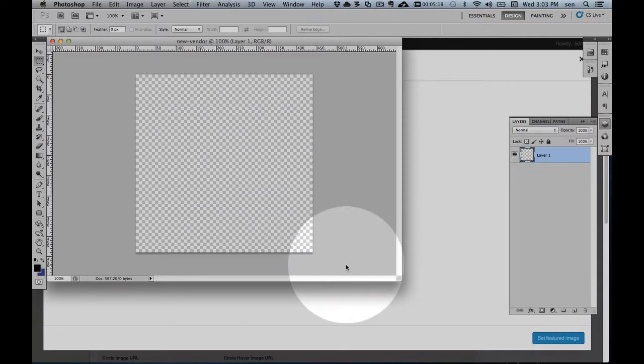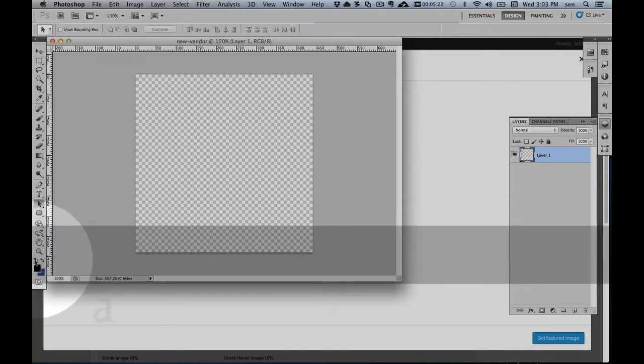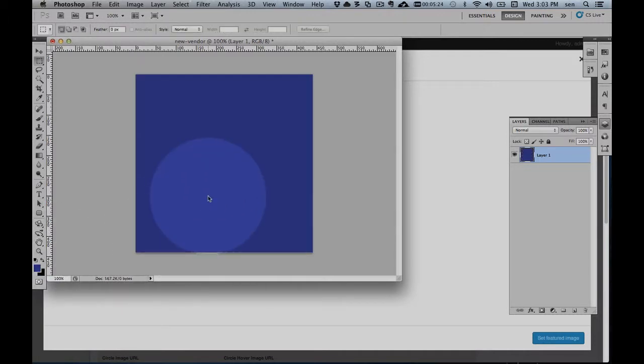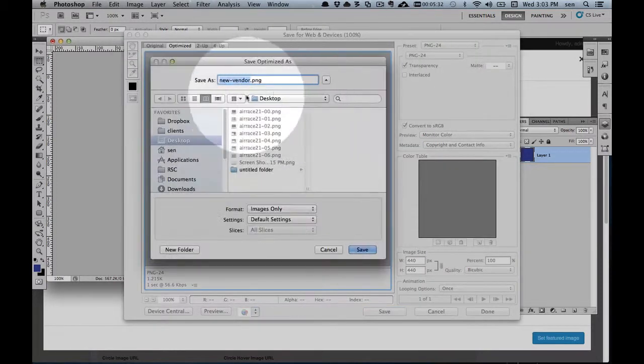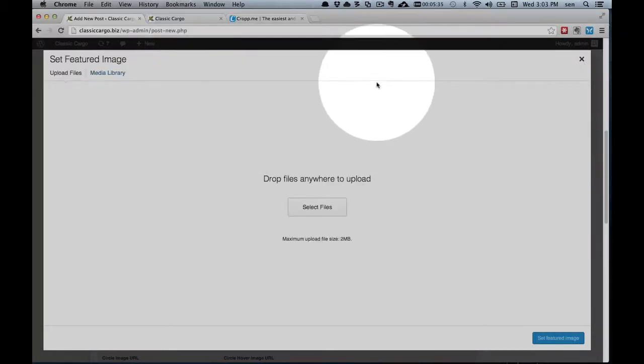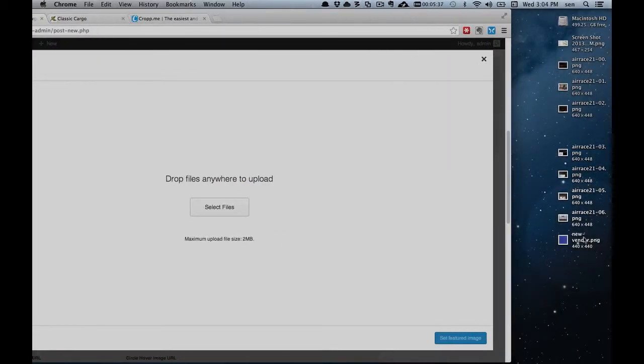I'll just take the whole thing and fill it with this blue. This is again just for testing purposes. So I'm just going to save this, desktop, new vendor, and then over here,